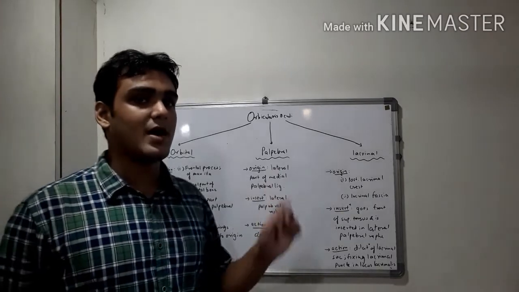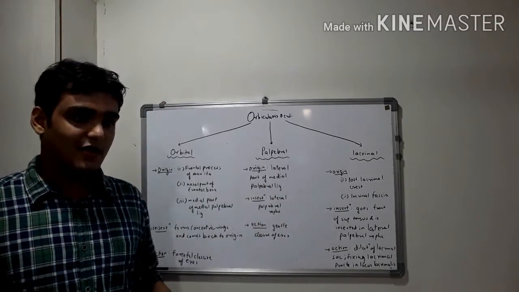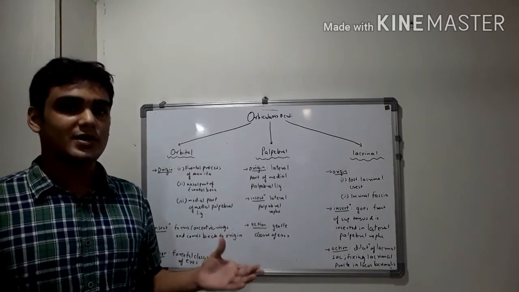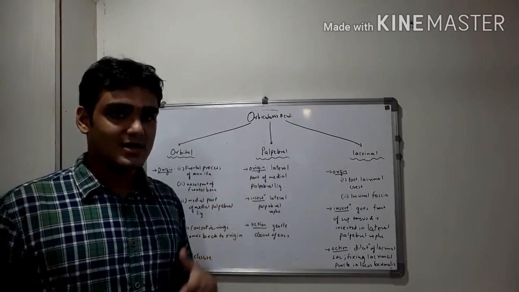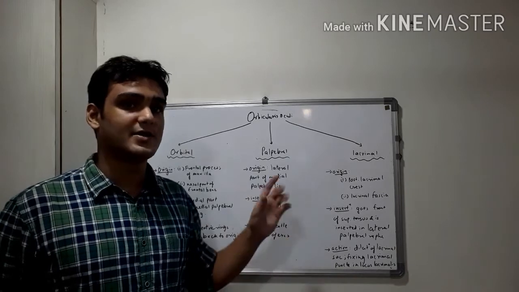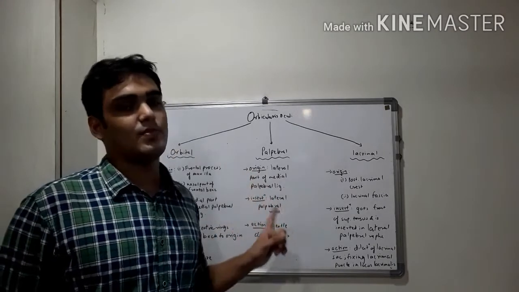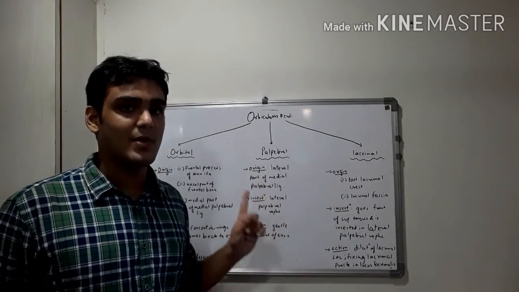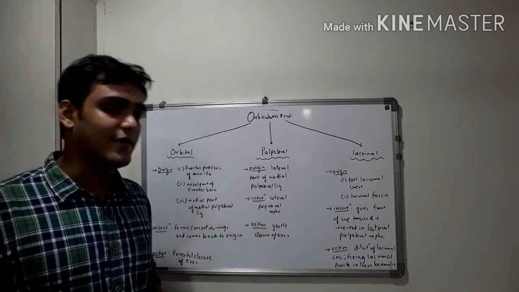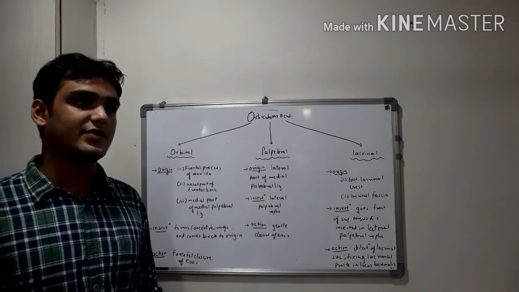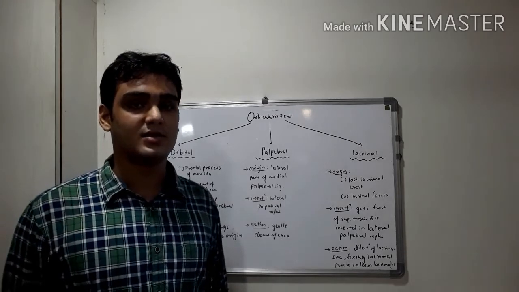Then coming to the palpebral part. Now the medial part of the medial palpebral ligament gives origin to the orbital part of the muscle, right? So the remaining part is the lateral part of the medial palpebral ligament. That is the origin of the palpebral part of orbicularis oculi, and its insertion is the lateral palpebral raphe, and it has the action of gentle closure of eyes, as in sleeping.